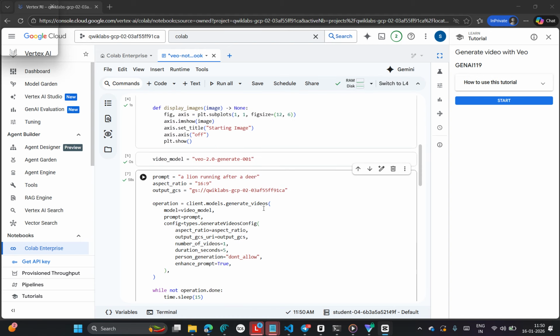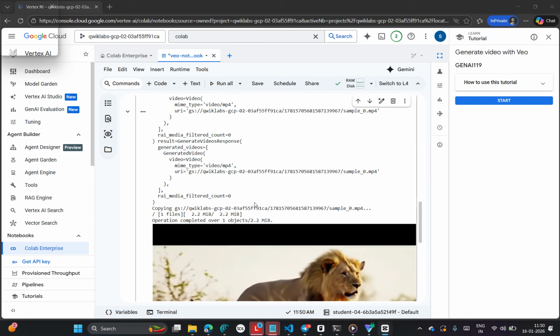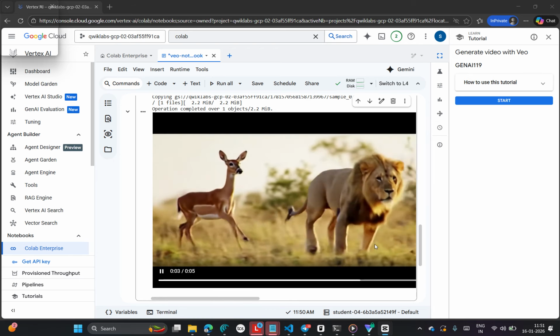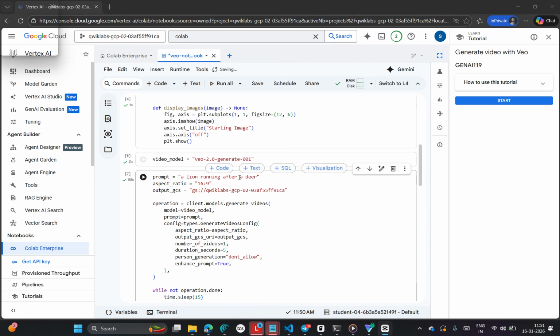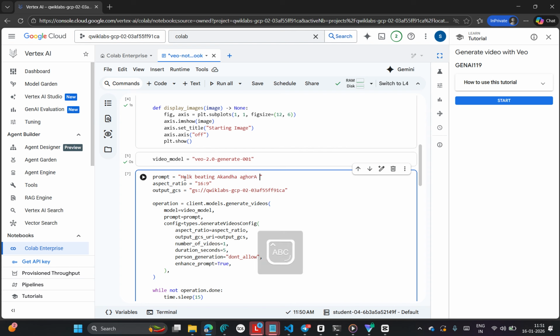I gave the prompt of a lion running after a deer. See, the lion is running like this. Suppose you give any other prompt, like a Hulk beating, Akhanda, Aghora,